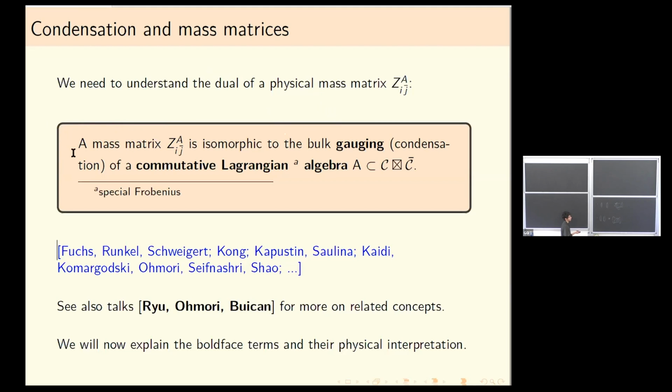So it's what I call gauging of a commutative Lagrangian. Here I have to add some adjectives, but I'm not going to be super precise. I'm going to talk about the most important properties and why we want them. Otherwise, it becomes very technical. Algebra, so we're going to explain why you talk about algebra in the